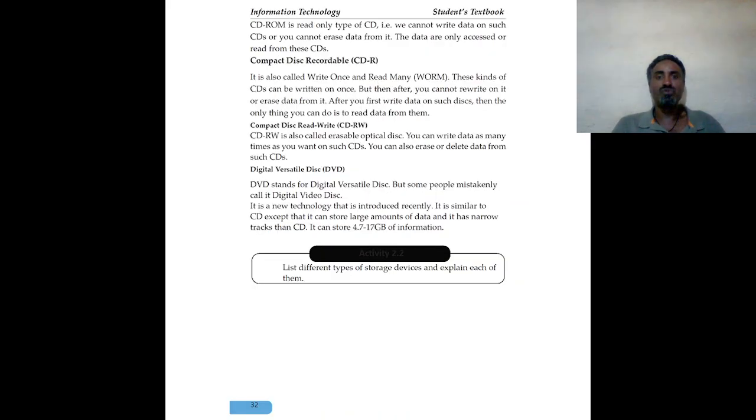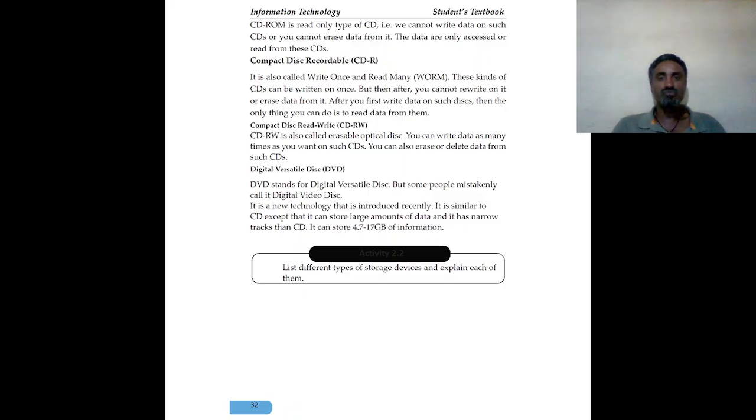CD-ROM is a read-only type of CD. Mostly it comes from the factory. When data is recorded at a factory, we say CD-ROM. For instance, when we purchase any printer or scanner, it comes with a CD-ROM. There is software that helps to install and set up the peripheral devices, like a printer or scanner, in a computer system.